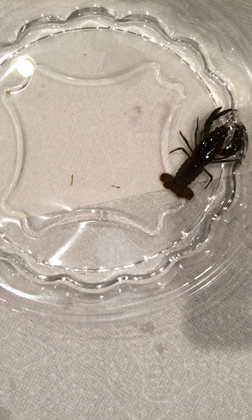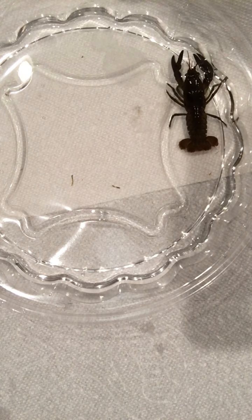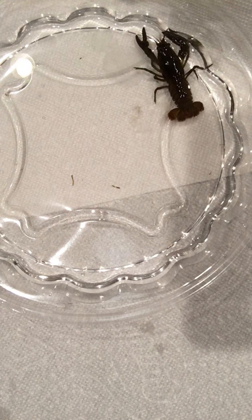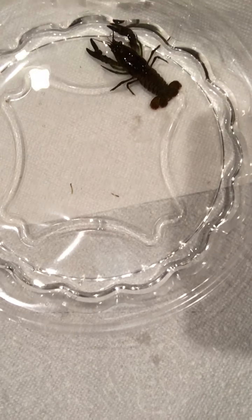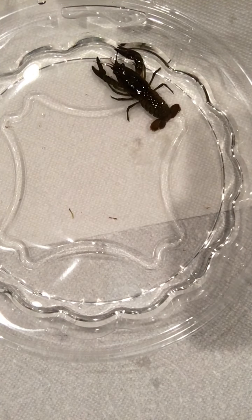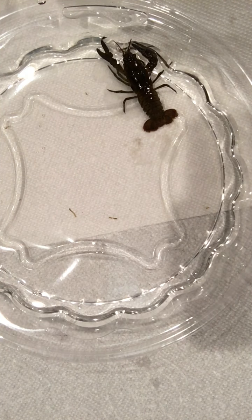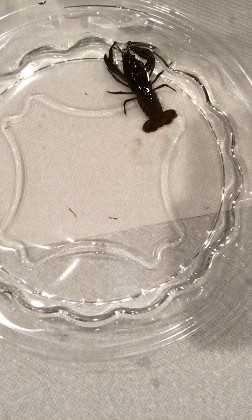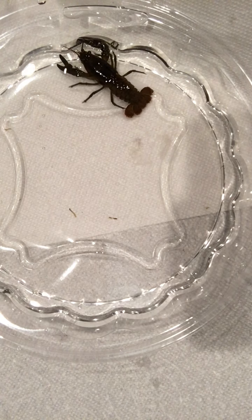It is actually an invasive species of crayfish. That means that it is not typically found, or it's not supposed to be in Pennsylvania. This is called a rusty crayfish, and this type of crayfish entered Pennsylvania through fishing. People were using this type of crayfish as bait in fishing, and probably some other reasons